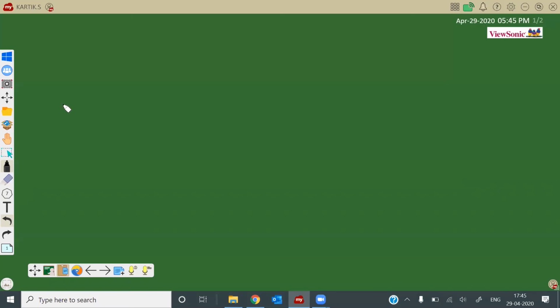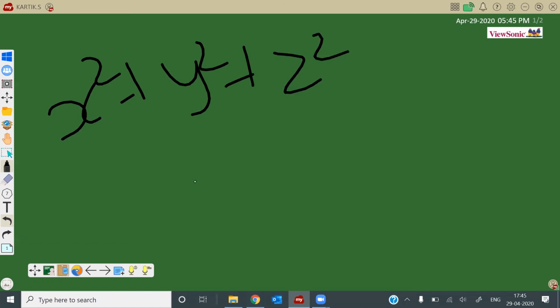Now we will talk about the infinite screen canvas. For a maths teacher who solves a lengthy equation, sometimes it's difficult to continue the equation on the same line. So MyUboard software has a feature which gives you infinite space to write. Let's take one example. The teacher writes this equation on their IFP. Now they want to draw or circle also.